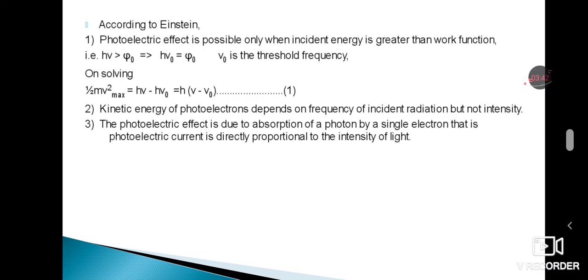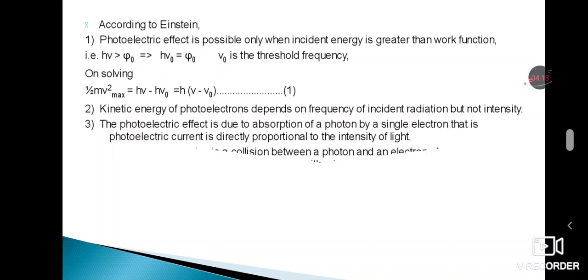Similarly, the third point: the photoelectric effect is due to the absorption of a photon by a single electron, and the photoelectric current is directly proportional to the intensity. Already in the last class we discussed the laws of the photoelectric effect with the graphs. Based on that, the photoelectric current directly depends upon the intensity, and the same theory is given by Einstein also. So the photoelectric current is directly proportional to the intensity of light,